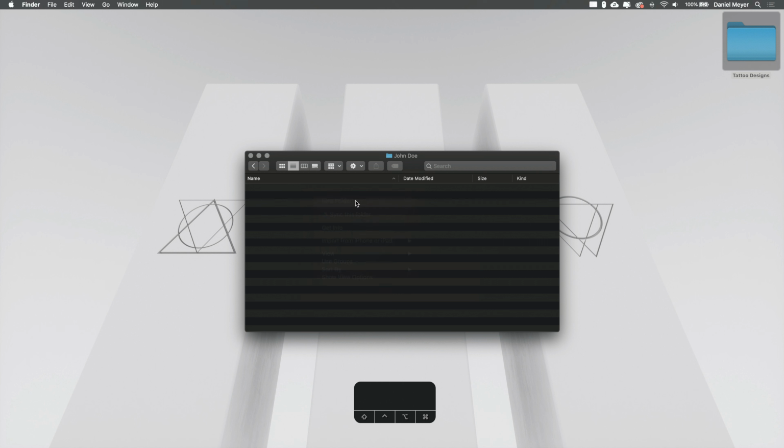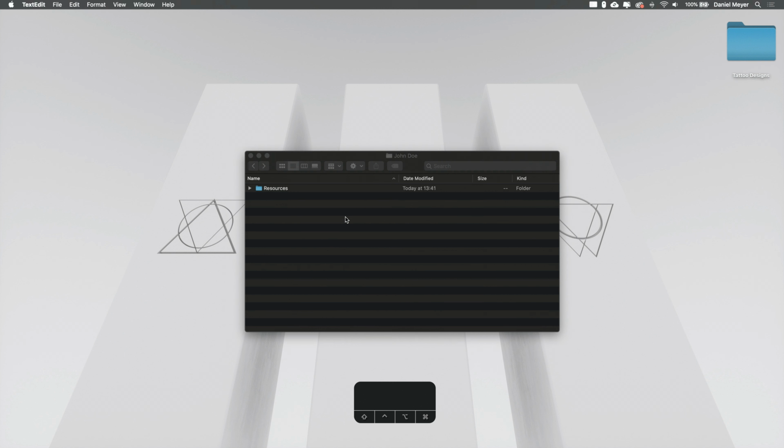Right click, create another folder, which we're gonna call Resources. In this folder, we put all the images and references, whatever we found, like a mood board, into this resource folder. So whenever we come back to this client, or maybe to a different project which has a similar design, a similar style to it, we can always look into the resources folder, which gives us a trace of how we came up with, in this case, John Doe's tattoo design idea.